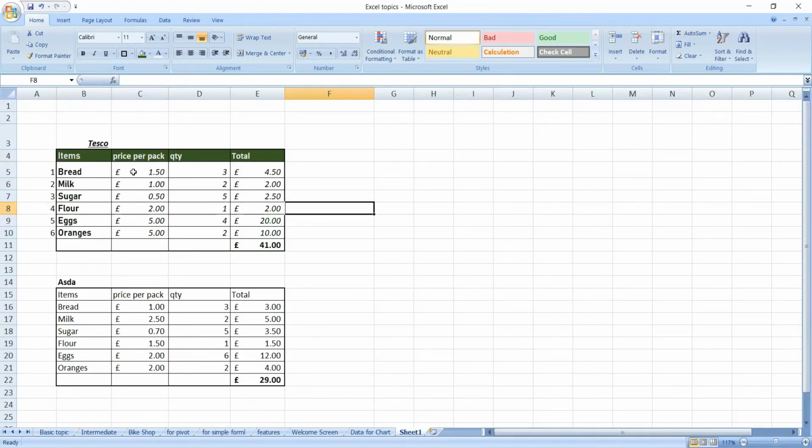So this is my Tesco list. I don't want to buy milk anymore, but I don't want to take it off this list. The easiest way is just to delete it off this list, right? But I don't want to delete it. I just want to put a cross across it. So I can use my format painter to do that. And to get, not your format painter, your formatting